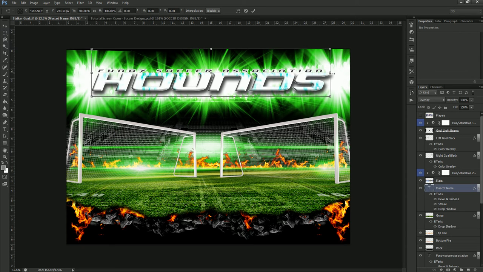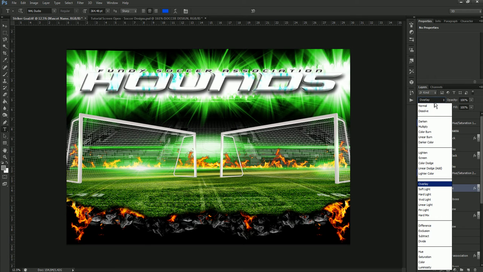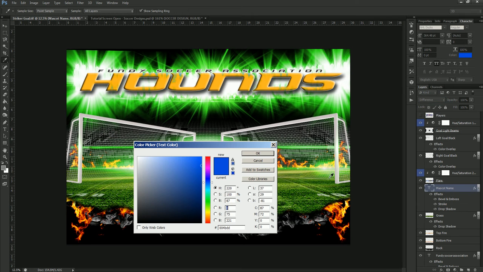Now, the one thing about this template that you'll notice is this word has kind of a see-through look to it, and that is simply a blending mode. So once we're on the mascot name layer here, we'll come up to the overlay, you'll see up here, and we can change this to different looks, and that way we can get the exact way we want it. Now if you notice that the text is blue right now, so if we come up to our character and click on the color for this, we can change this over to green